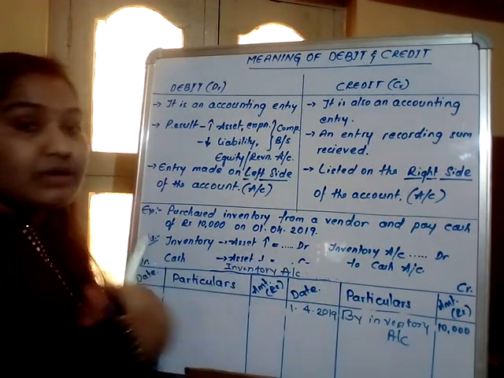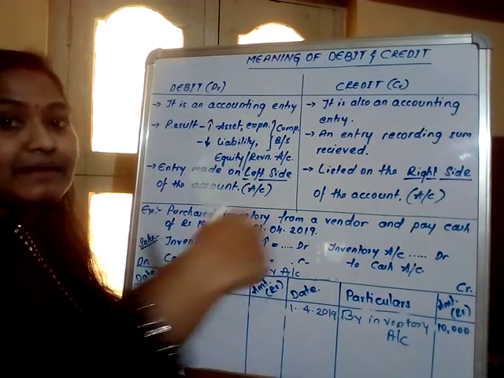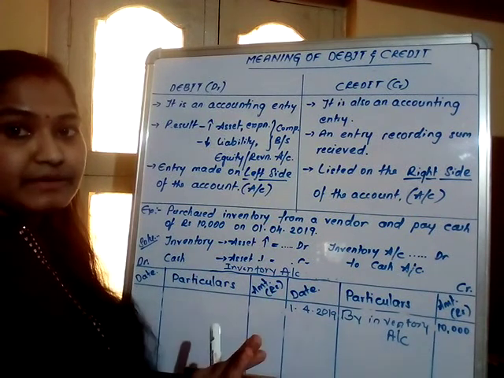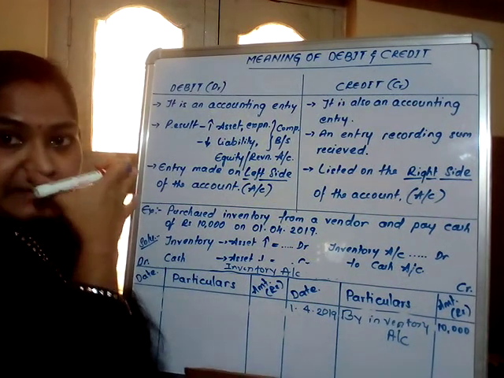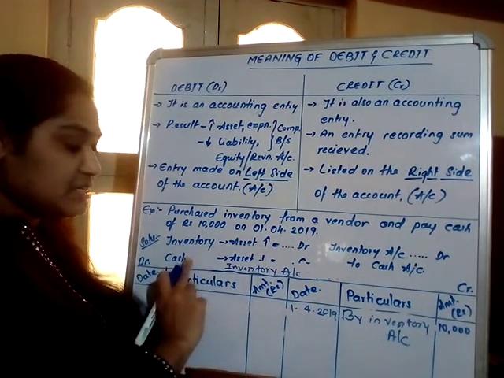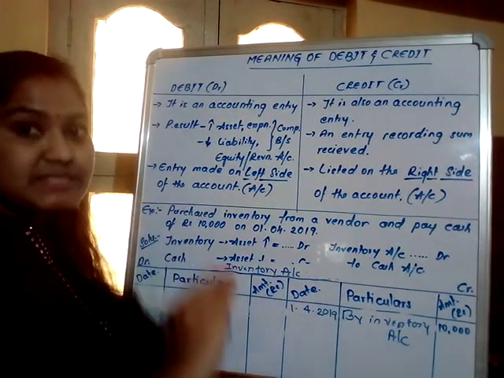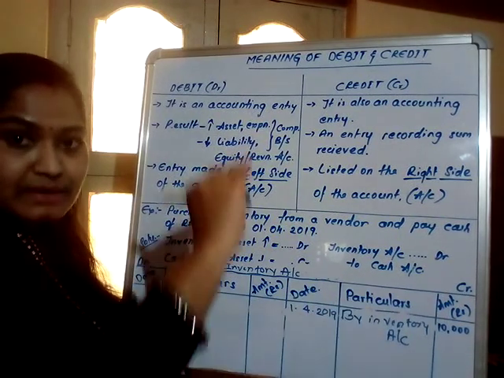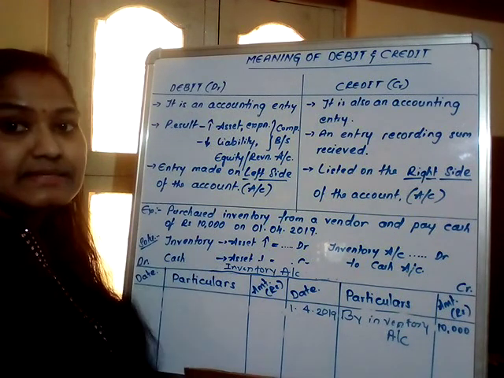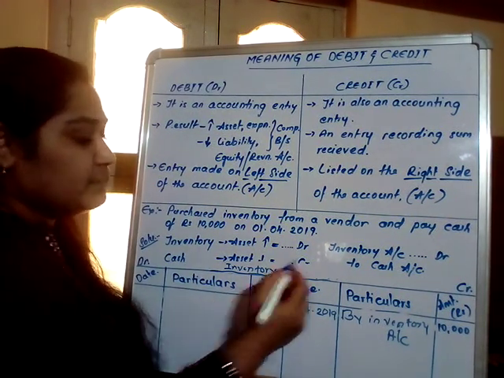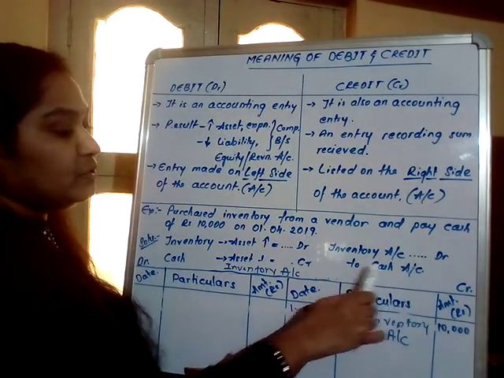After that, the cash is going out from our company. We are paying the cash, which means cash is decreasing. We are paying the cash to the vendor for the purchasing of the inventory. For that purpose, the cash is going out from our business. Cash is also a type of asset. Here cash is decreasing because we are paying the cash. If an asset is decreasing, what does our rule say? In that case that account should be credited. Here the cash account is credited, that is, inventory account debited to cash account.